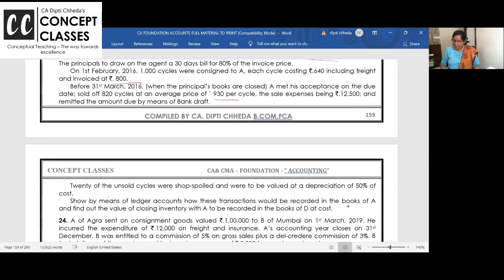Show by means of ledger account how these transactions would be recorded in the books of A. ठीक है? In the books of A, you have to make all the ledgers. सब लेजर्स बनाएंगे एक ही बुक्स में, ठीक है।